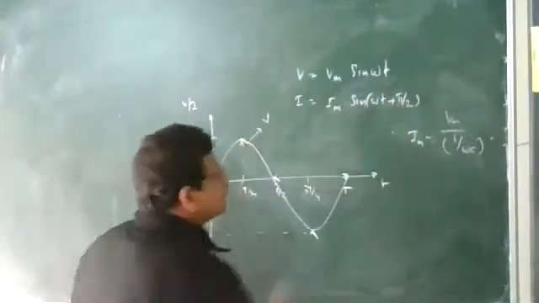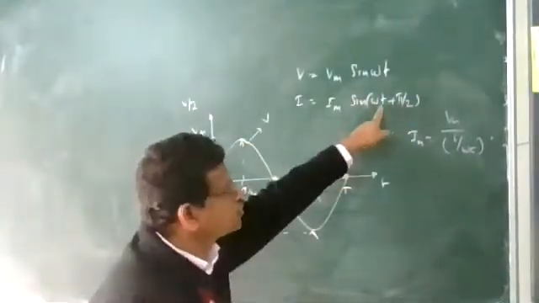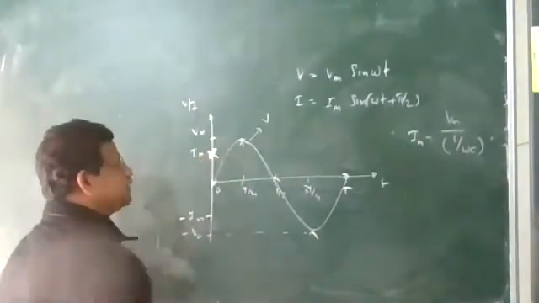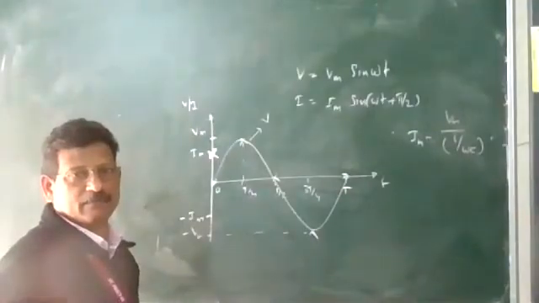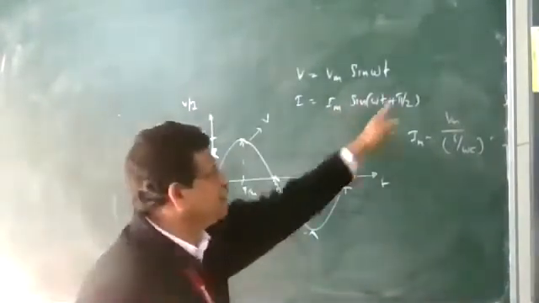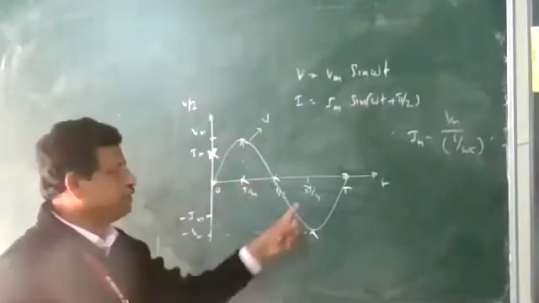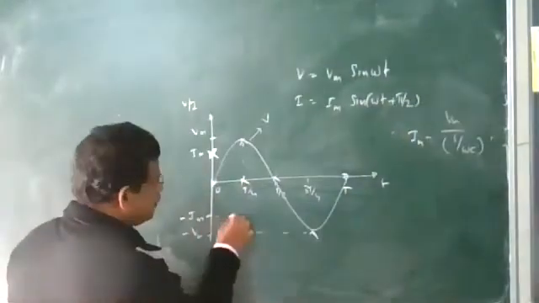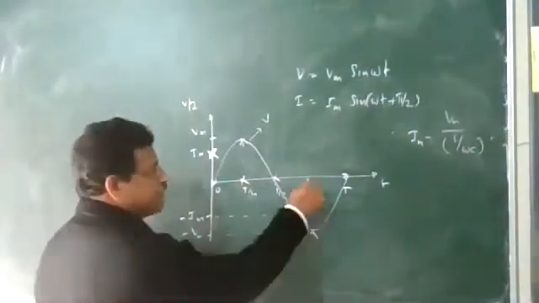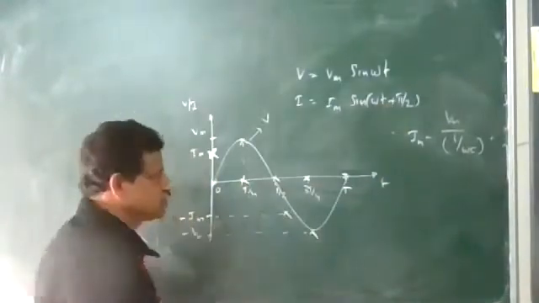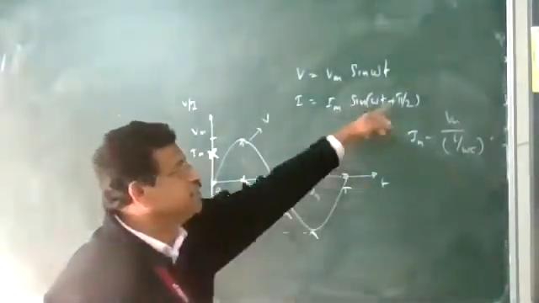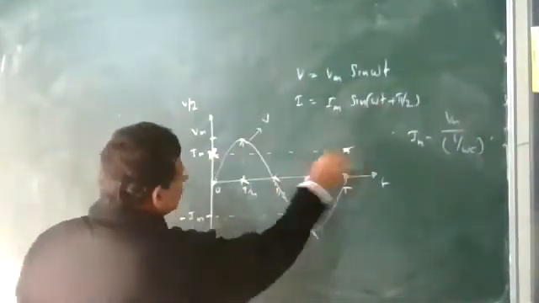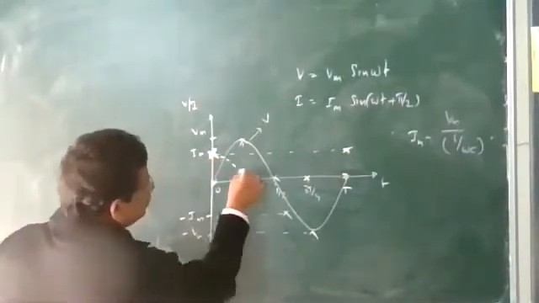So it is omega t plus pi by 2. When t equal to 0, the angle is 90, sin 90 is 1. So when voltage is 0, current starts from here. At 90, sin of 90 plus 90 is sin 180, which is 0. Then 180 plus 90 is 270, which gives minus 1. So the point will be here. At 3T by 4, 270 plus 90 is 360, which is 0. Then at T, 360 plus 90, that is plus 1. So this is the variation. We are getting the points like that and drawing the variation of the current.